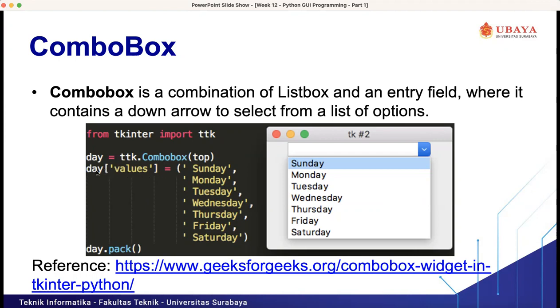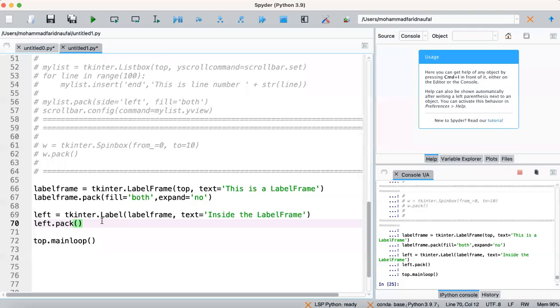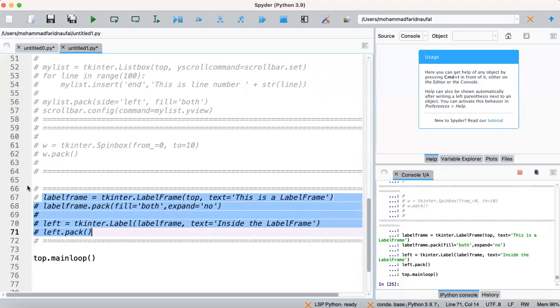So day with a values index means we add the values into our combo box. We put the day items Sunday, Monday, Tuesday, Wednesday, Thursday, Friday and Saturday into our combo box. Okay, we can directly implement it in our code here.